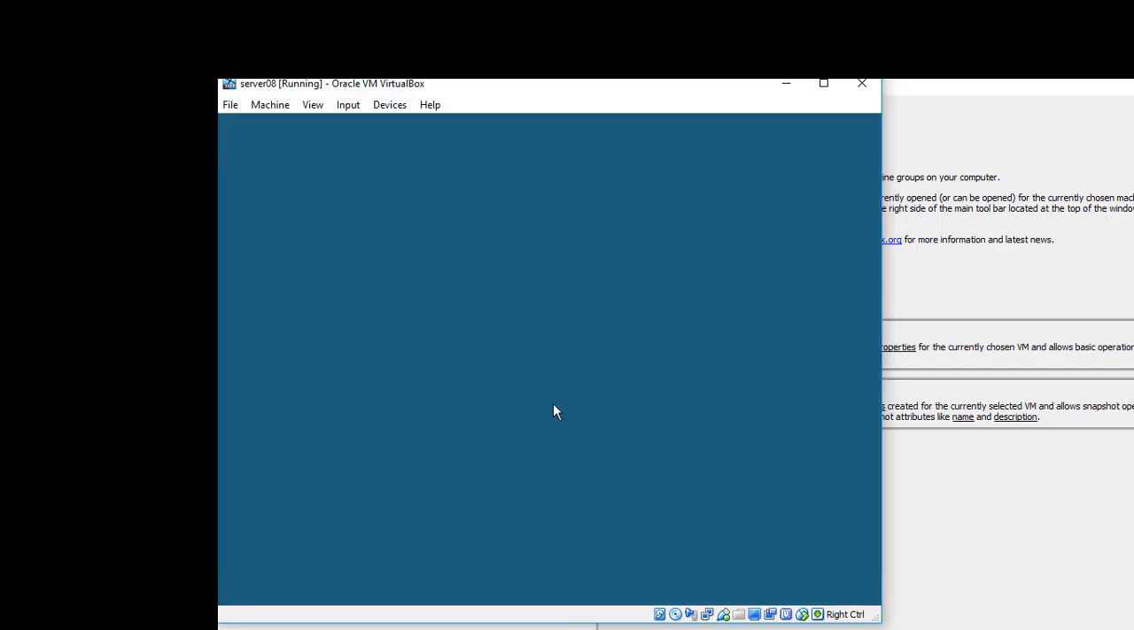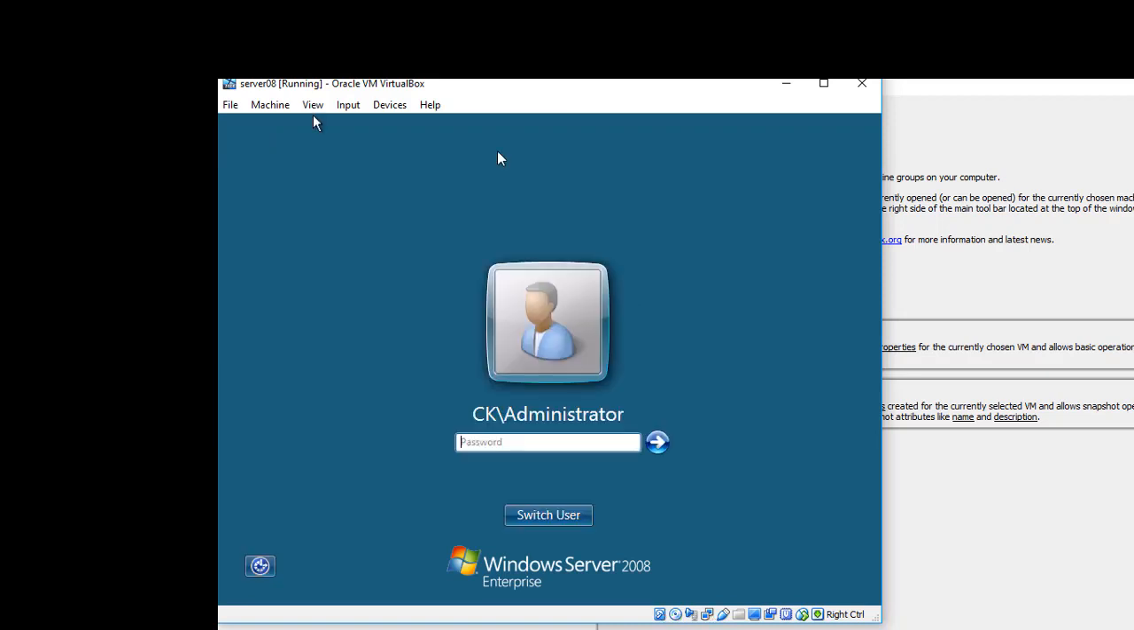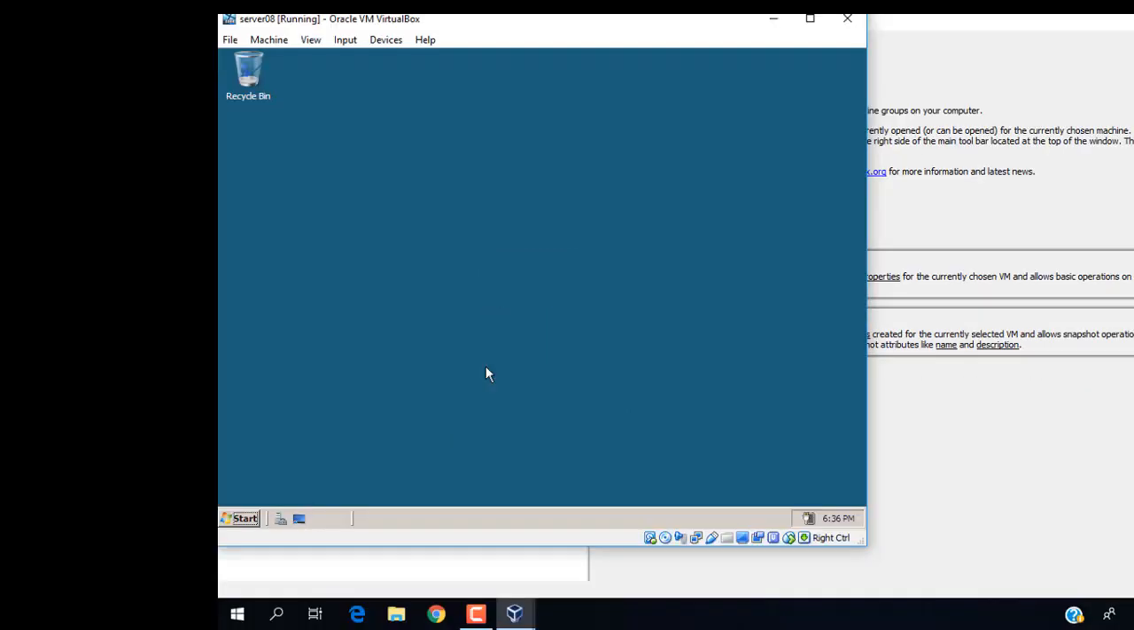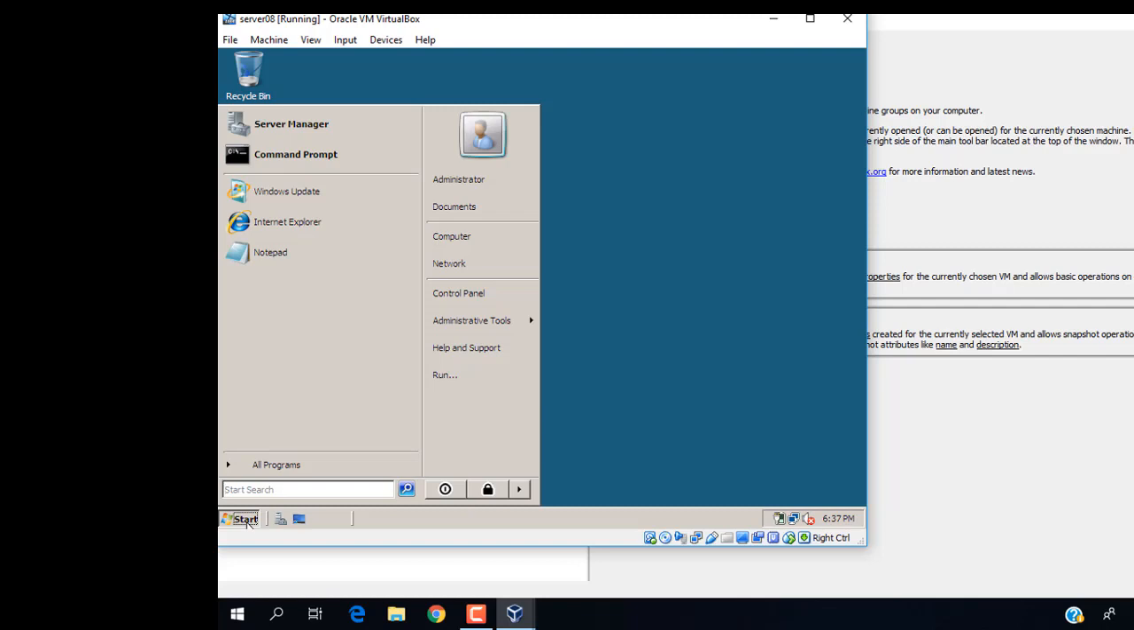Now it's prompting me to restart, so the server is being restarted, as you can see. Okay, so it's back. So as you can see, the domain name is now appearing at login. So I will log in with the password created, and here you can see we are in. So if we go to start,